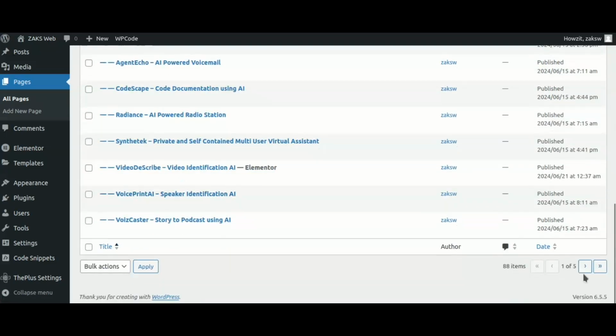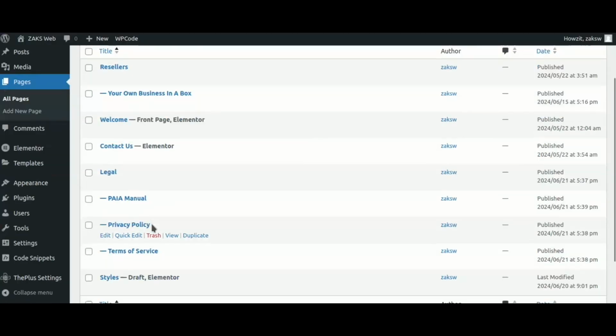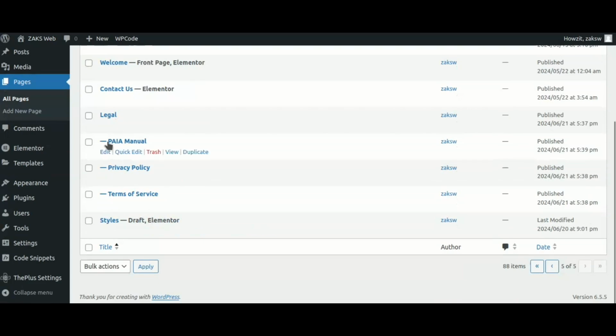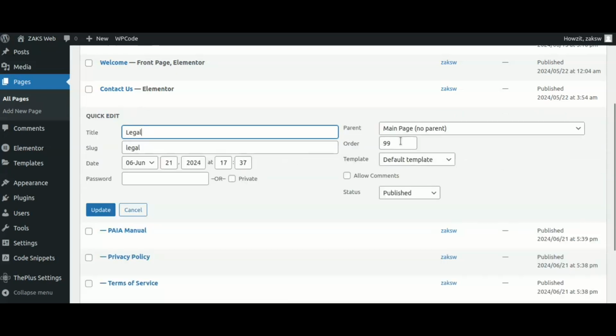Okay, I'm going to go right to the end of all our menus, and here's legal. Legal does not get included in the top menu, and the reason why is we gave it an order 99. When you build the main menu, any parent page that starts with a 99 is ignored, and its subsequent pages underneath. However,